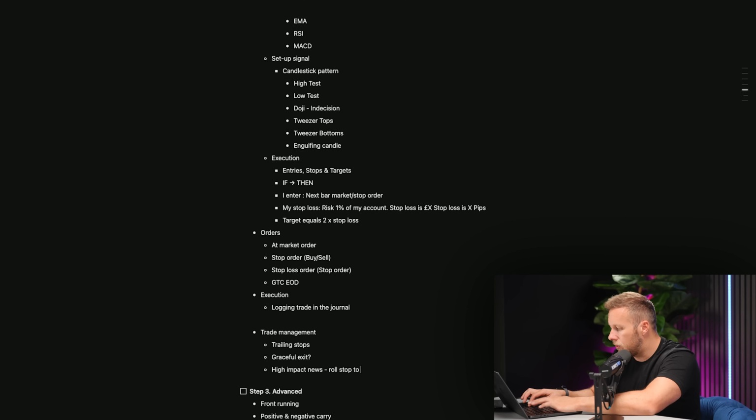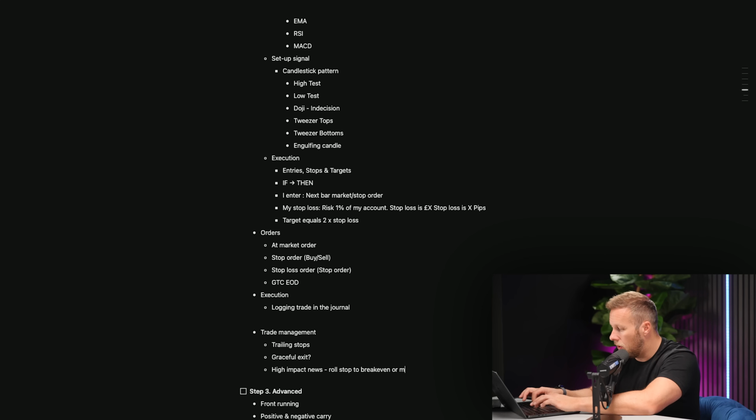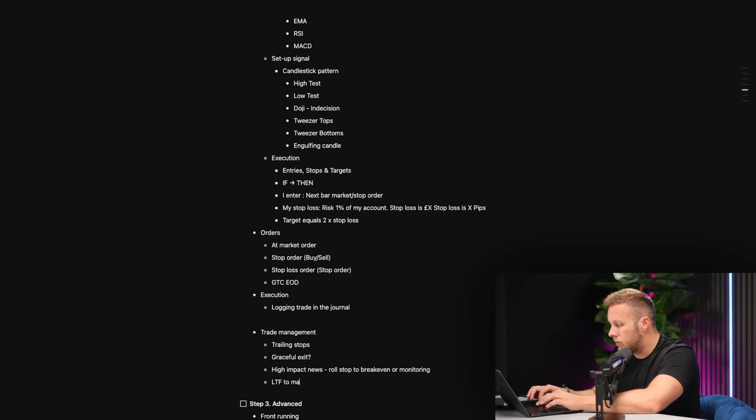In trade management, you might trail stops, you might have a graceful exit, or you might monitor if you're in a trade already and then there's high impact news. You might just roll your stop to break even, or you want to have a way of monitoring that trade whilst that news is playing out, in my opinion. You might also use a lower time frame to manage the trade. If you trade on the 4 hour, you might use the 60 or the 15 to trail your stops or manage your position. And then of course, once the trade has been filled, you've been stopped out, or you've hit target,